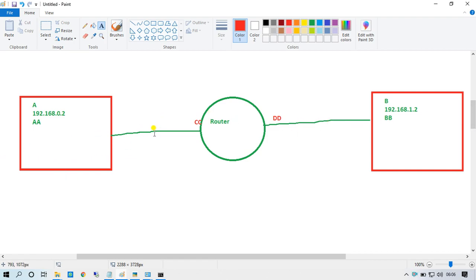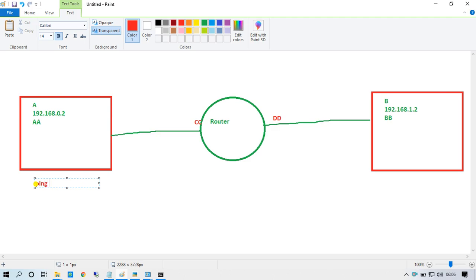Will communication happen between those? No. Why? Because if the network is the same, then an ARP request will be generated. If the IP address is not in its own network, it will drop. Let's ping 192.168.1.2.